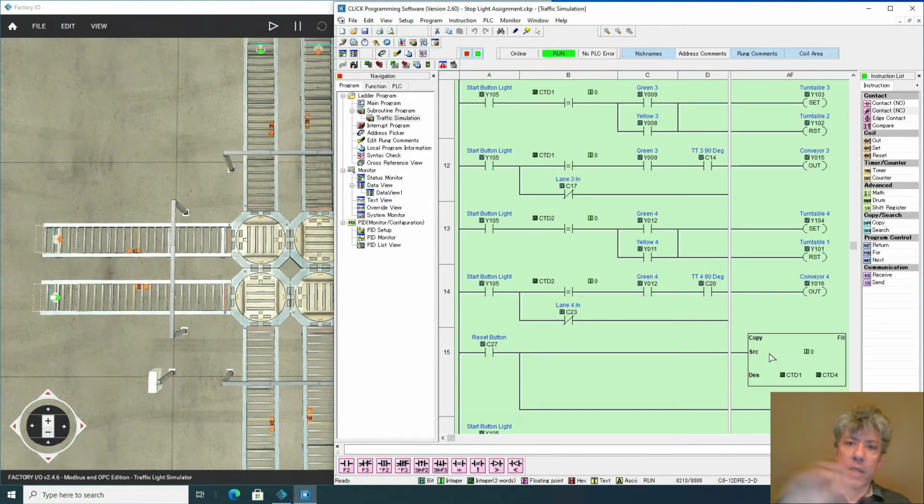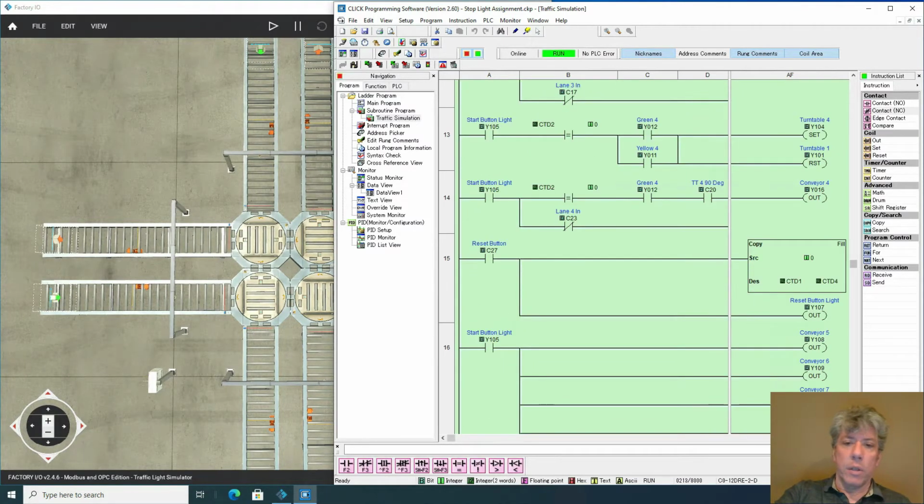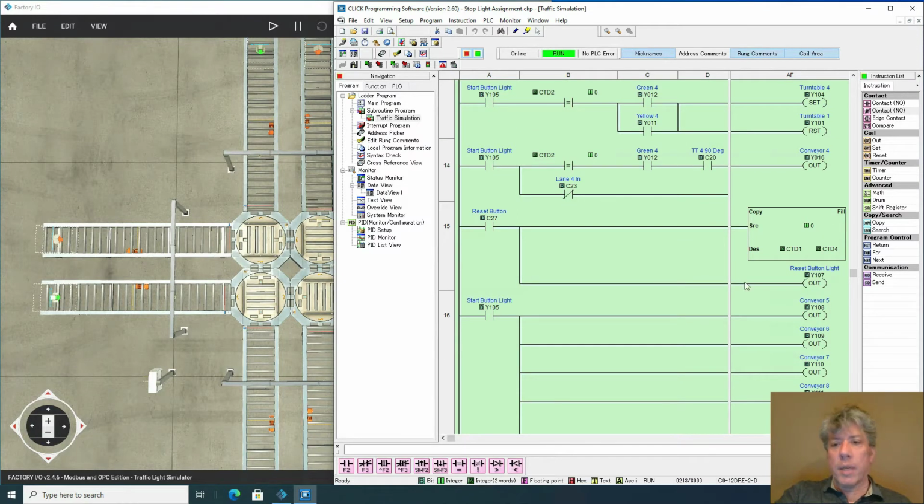So being able to reset these counters is really important for you in your troubleshooting and simulating. And so that's why I've included a copy command. Now all this really does is it resets all the counters to 0. I'll demonstrate this along the way, but when you have pallets anywhere, you can actually grab them while it's being simulated and just move them off the conveyor if you want, throw them on the floor. But then you've changed the count, or if the count has been changed by any method, you really need to